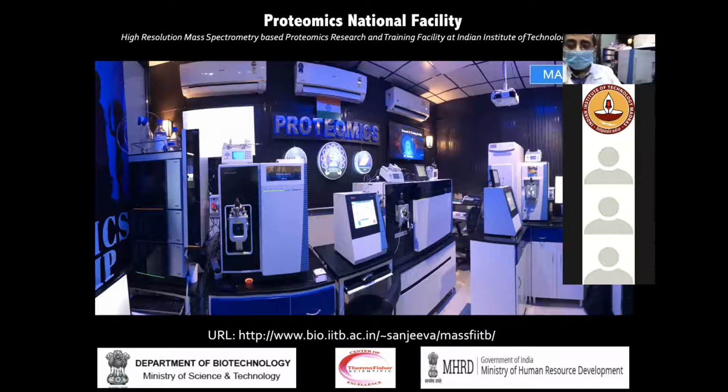Then you'd like to go for targeted proteomics, and that's where this instrument comes into play, which is the triple quadrupole mass spectrometer, where you can select the peptides of interest and tell the software to only screen these peptides of my interest and ignore everything else, and I want to test my assay based on the quantification of these peptides. This is known as a selected reaction monitoring assay.